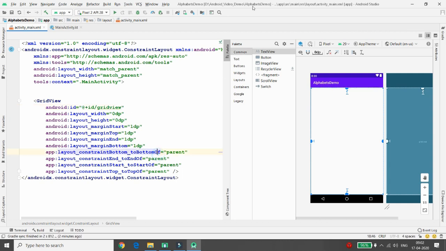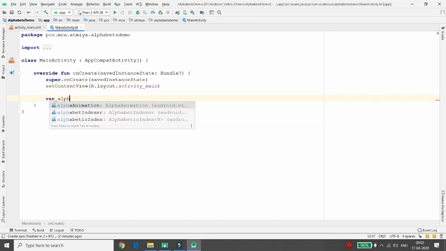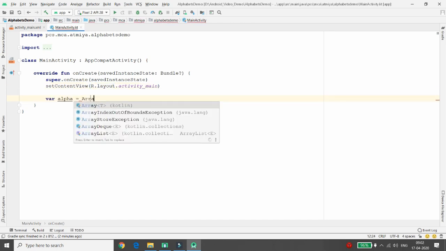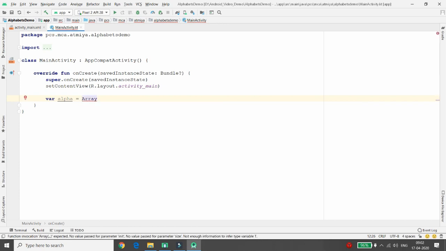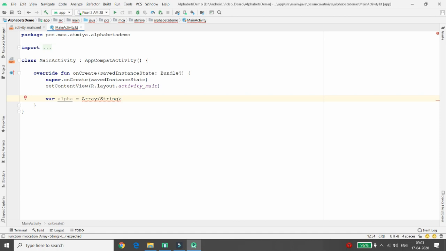Now I want to bind the alphabets over here from A to Z, right? So I will create one variable, alpha, and I'm declaring it as an array of strings with a size of, for example, 26 alphabets, right? So I'm declaring the blank variable alpha with the size 26.